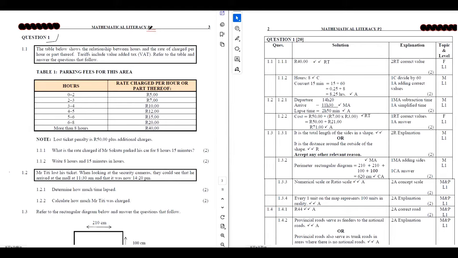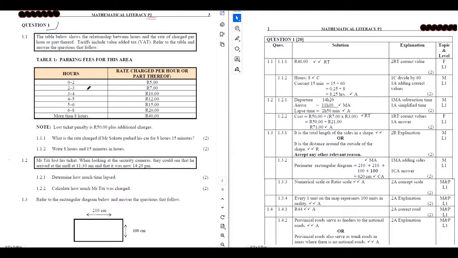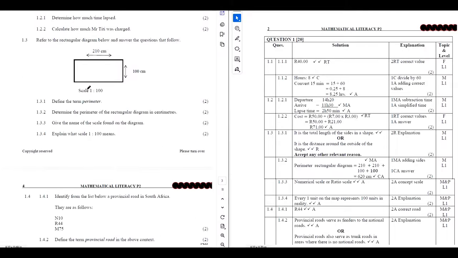And if you check, you can see that we have our question paper on our left hand side, and then we also have our memorandum on our right hand side. Okay, so now let's go ahead and discuss. I will be showing you how to answer this type of questions. So we'll start with question one, and we can see that we are given 1.1, 1.2, and 1.3,